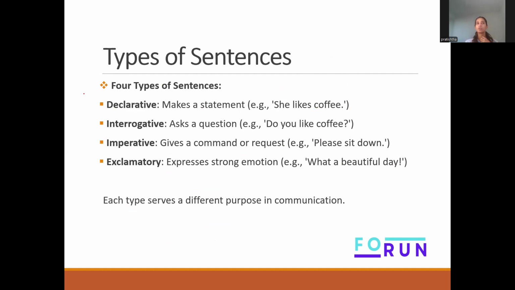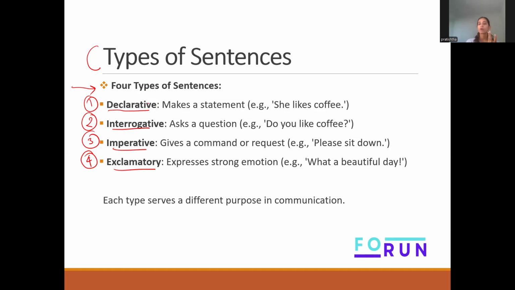Okay, now that we know the structure of sentence, we are going to work on the types of sentences. There are usually 4 types of sentences. First one is declarative. Second, interrogative. Third, imperative. And fourth, exclamatory. So if you want to learn this, try to understand the meaning of these words, right? I'll explain it to you. Declarative has the word declare in it,